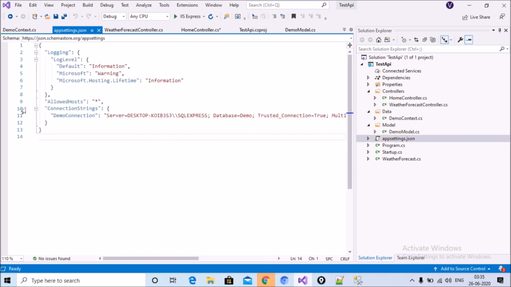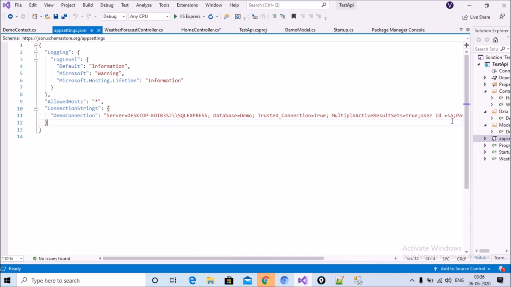The next step is to define the connection string in your appsettings.json. I have declared my connection string here. You can see the server, the connection string with the name DemoConnection, the server name and database name, and also the user id and password.